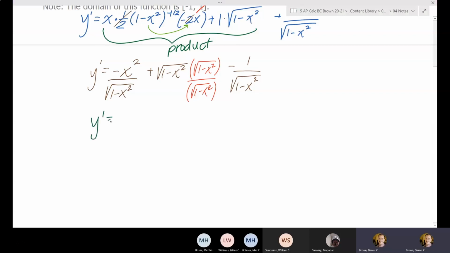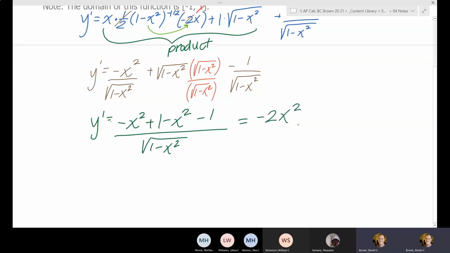So I have y prime is equal to, now they have the common denominator of 1 minus x squared. In the numerator, I have a negative x squared, the square root of 1 minus x squared times the square root of 1 minus x squared is just 1 minus x squared, and then minus 1. The minus 1's cancel out, and I end up with negative 2x squared over the square root of 1 minus x squared. So this is my derivative, and then we do want to make sure we find the horizontal tangent